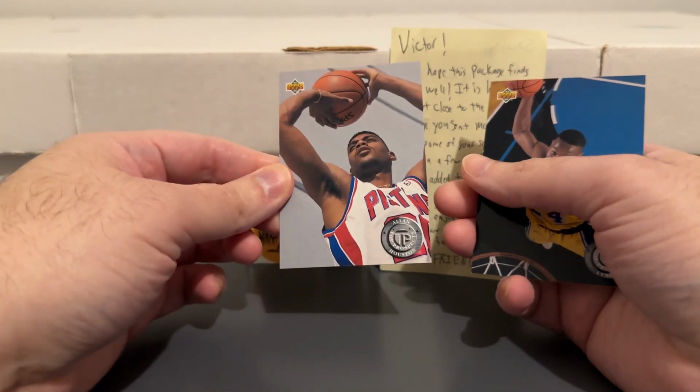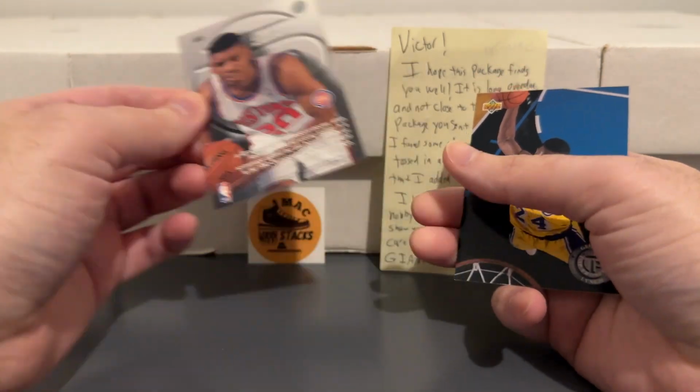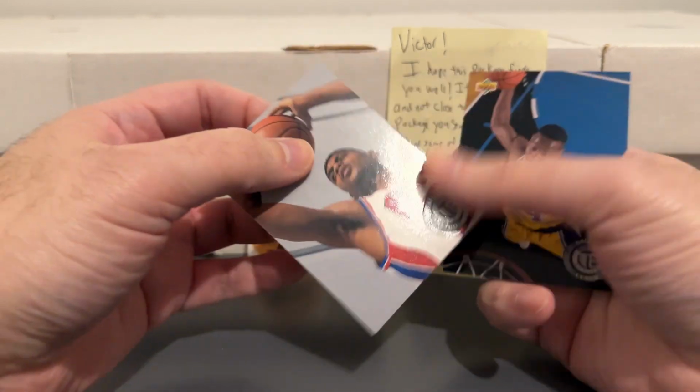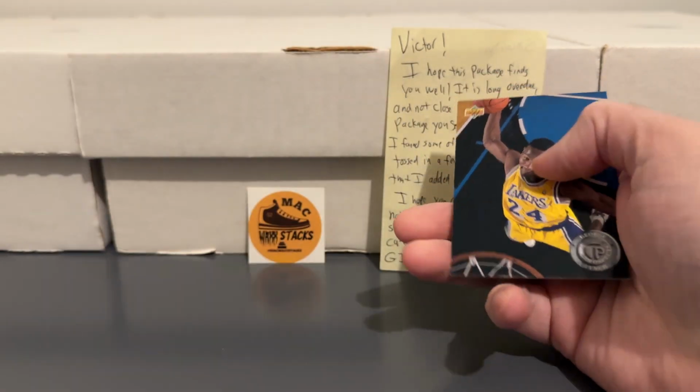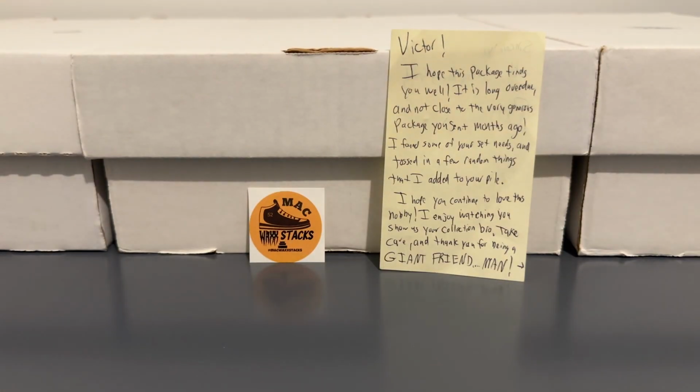Allen Houston. I probably have this with my Allen Houston stuff, but wouldn't want to take it out of my Allen Houston stuff, so definitely needed another one for the set. And George Lynch, who took a while to get going, but became a solid player with the 76ers. Now here's some